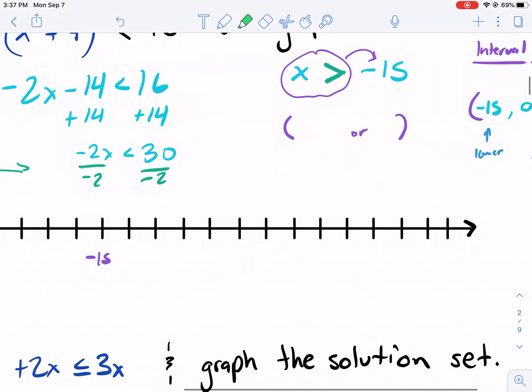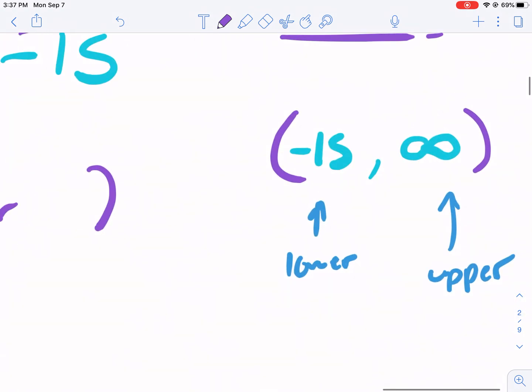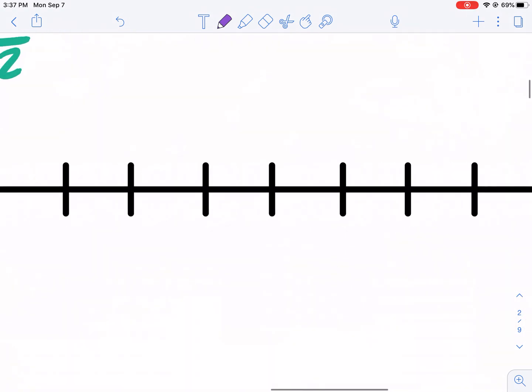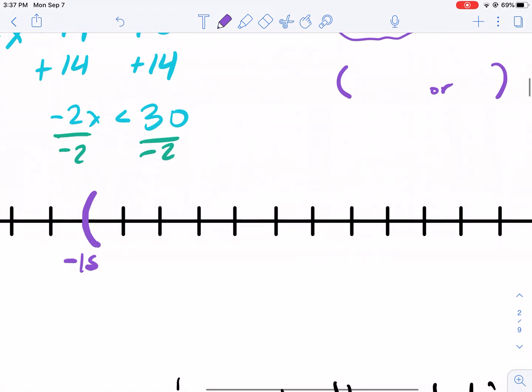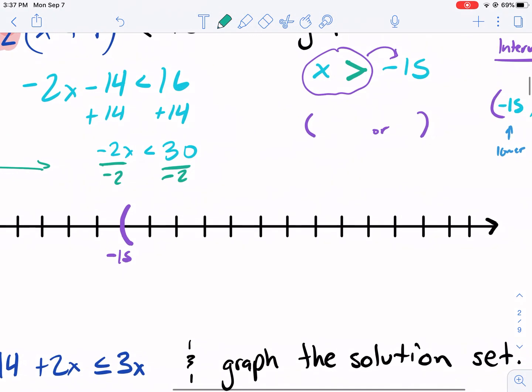So look, we have our lower limit here. And this is good. If we have a lower limit, we're just going to copy this down exactly as we see it. We're going to put the parenthesis like this on our lower limit. Okay? And now the upper limit is infinity, so we're going to go to the right to go to infinity and beyond,